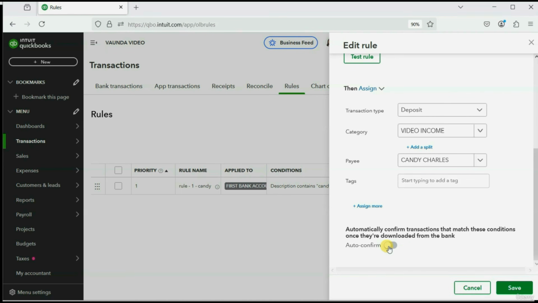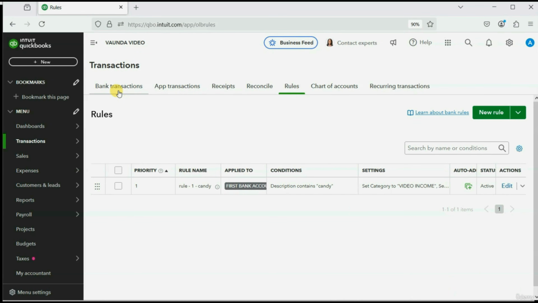You can do that by clicking Auto Confirm. Now if we save it, all of Candy's transactions will be gone from the review list because they will be recorded into QuickBooks Online as soon as we save the rule. Watch. We click Save,